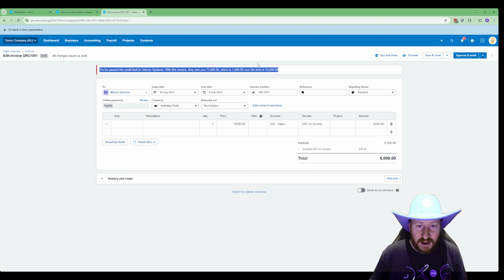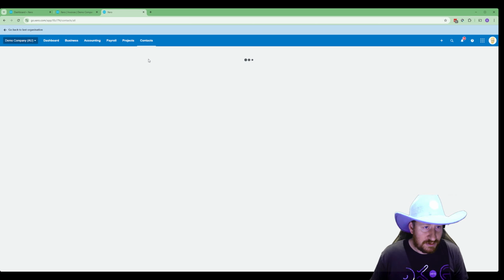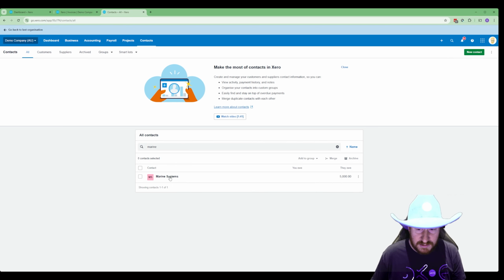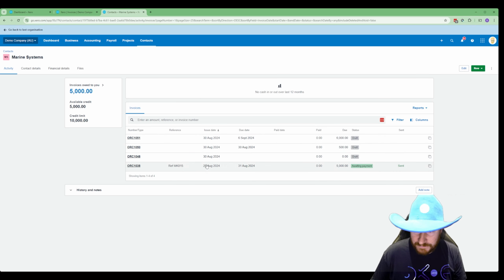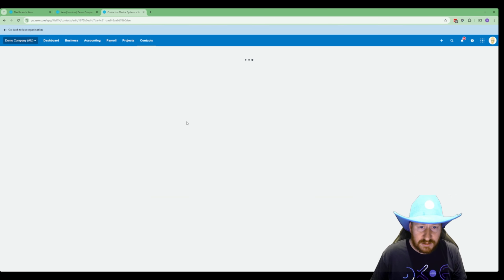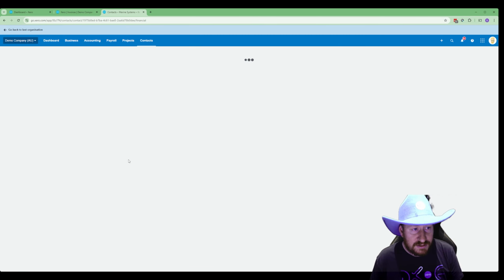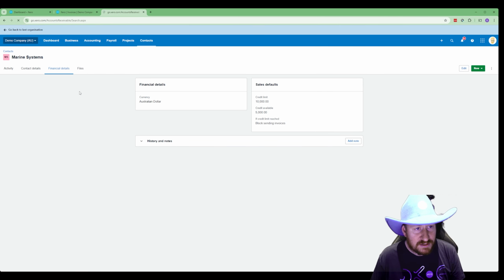Now, with this as well, you'll notice that the approve button is still available. So if you recall from earlier, when we set this function up, we said that we're not going to block the ability to send new invoices. We'll just give this warning. Now, if we jump back into the contact section again, and then go to Marine Systems again as the customer, we're going to change it this time and say, so edit, sales defaults, and then jump down to here, tick this box that says block new invoices when credit limit is reached, go to save and close,